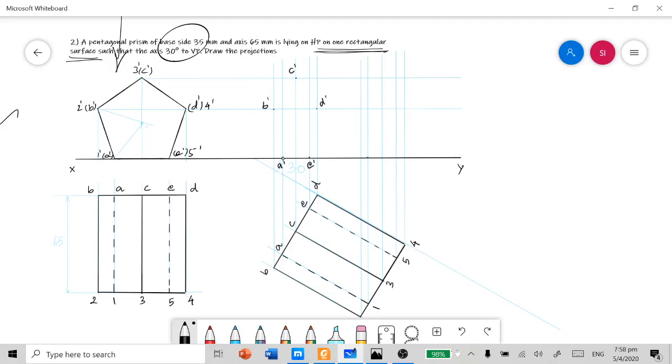Here we may have the points 1 dash, 2 dash, 3 dash, 4 dash, and finally 5 dash.